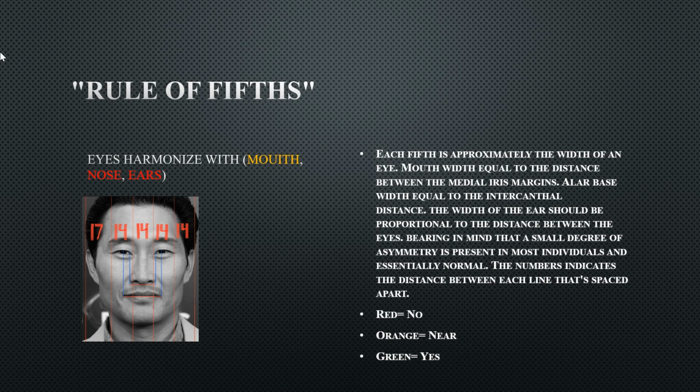And then this is the last measurement that I'm going to do for this video. It is the rule of fifths. If you divide the face by fives, it should be even. And for his, it is not at all. Another thing is that the nose is supposed to line up with the inner canthus, which it doesn't. He does have a pretty wide nose. And then his ears are not supposed to drift off too far, and his ears do drift off